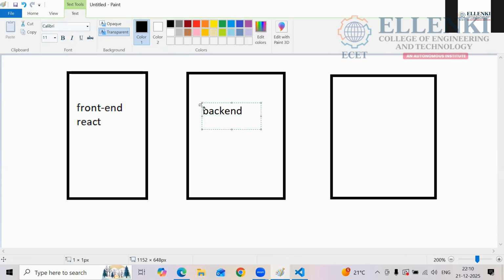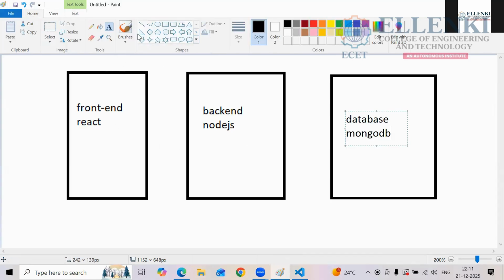Back end. Node.js as well as what? That one we will think about later. We will talk about this one later. And back end over. And this is the DB, the database. Listen here carefully. Which database are we having here? MongoDB. We are having MongoDB. That's it now. So who is giving the request to the backend? Who is giving the request to the backend?